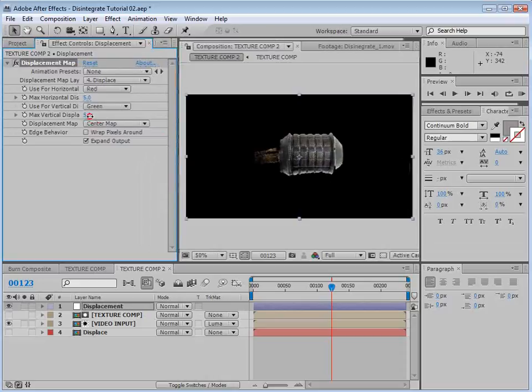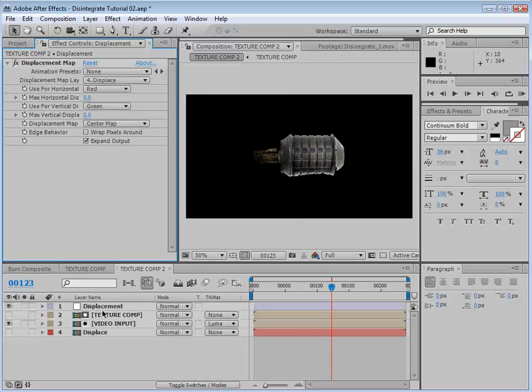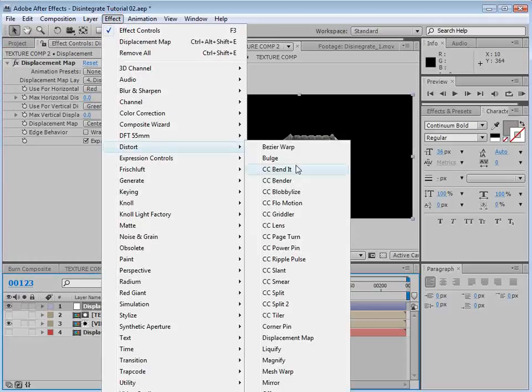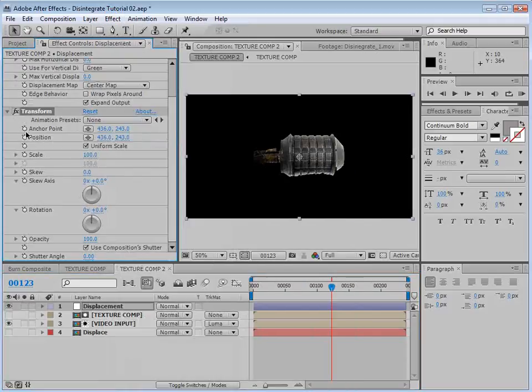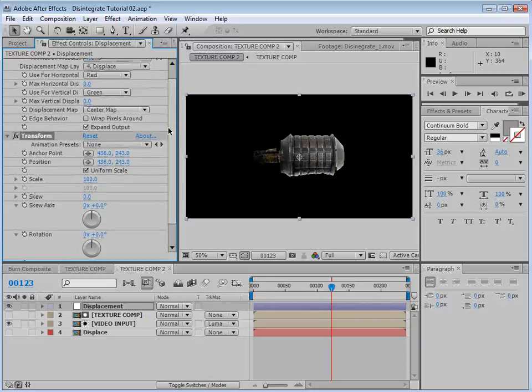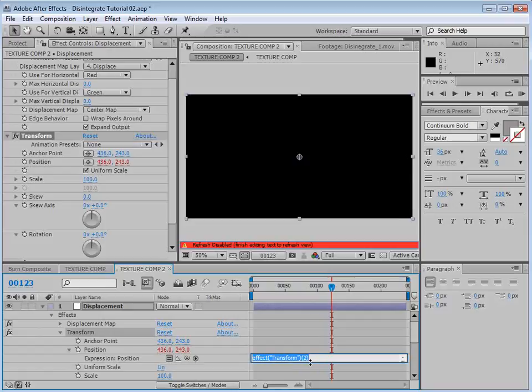And then what we can do is offset this in an interesting way. One thing that happens with the displacement is the image loses its position where you probably want it to stay in one spot. So there's a quick solution. We're going to take the displacement layer. So we're going to choose Effect, Distort, Transform. So the transform is the effect we want to bring up. And what we're going to do is Alt-click on the position. And we're going to type value